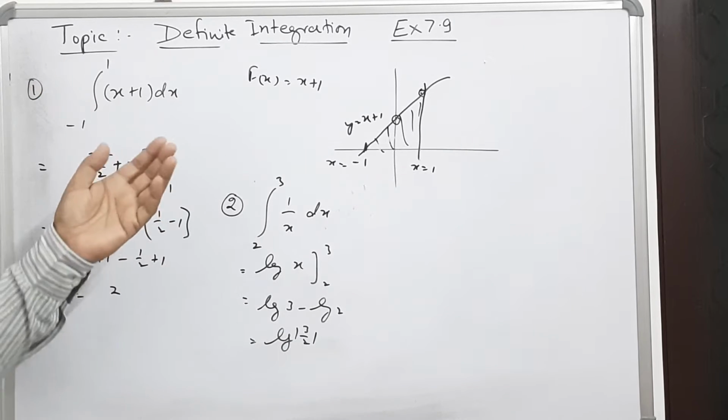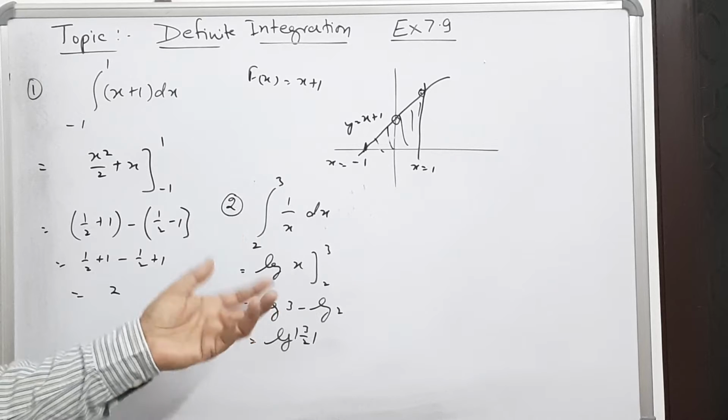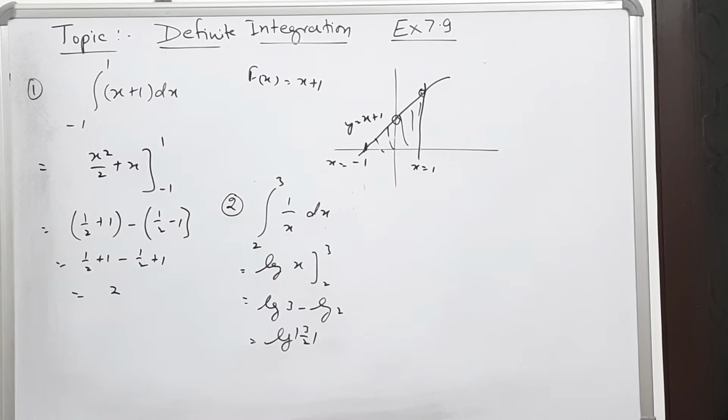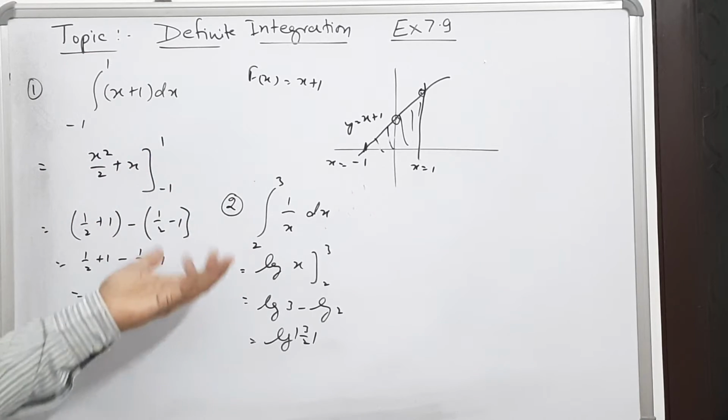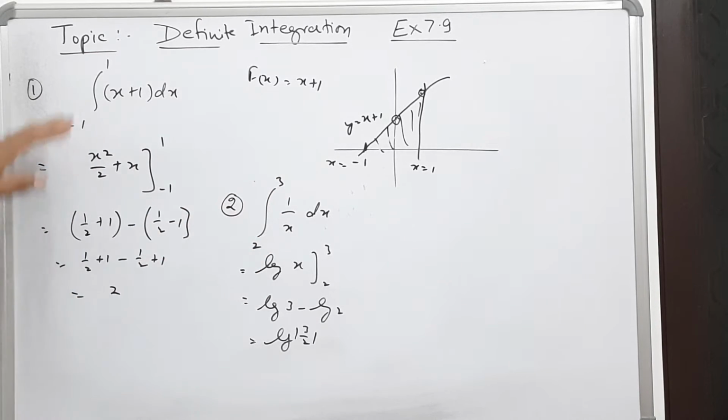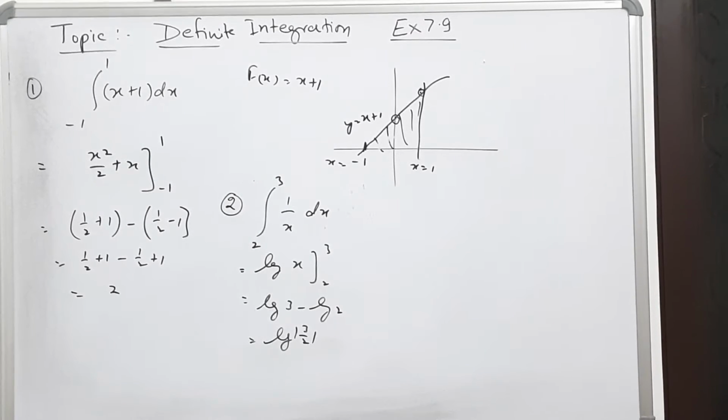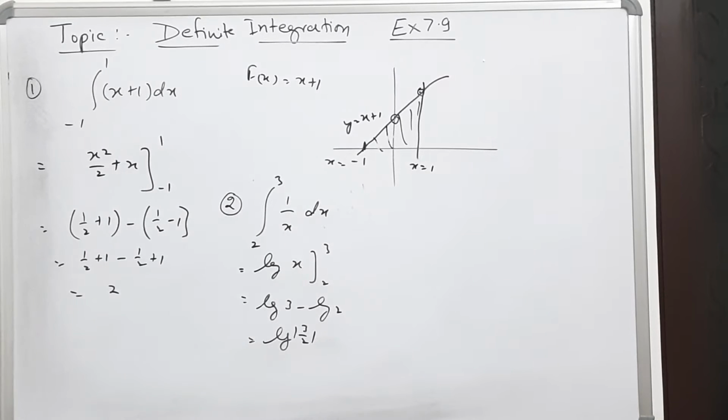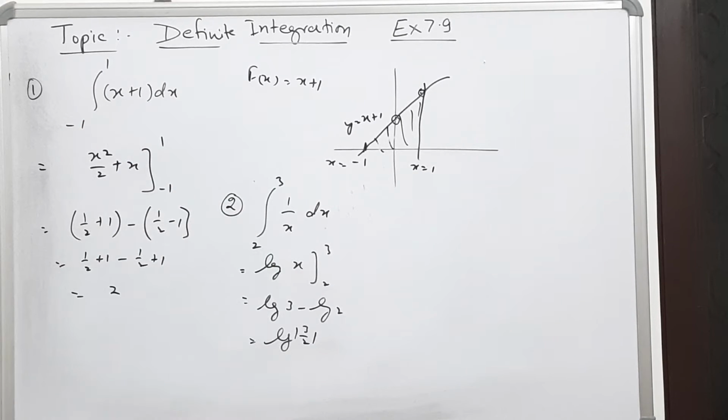Means all the sums which we have read in the indefinite, if you put a limit, then it will be a problem of the definite integration. So this exercise is not new for us. Only the part is that we have to put the limit. And any problem from any exercise can be included in this particular exercise. I am explaining few problems from the different variety of the sums. I have taken the algebraic part. Now I will take the trigonometric from all the parts. The next problem you see.